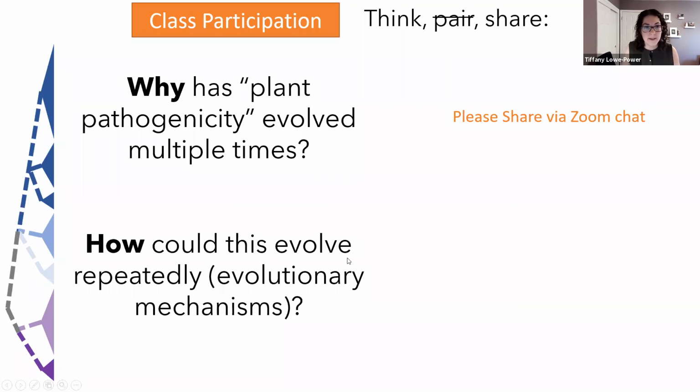Okay, so if people have some energy before we go to a break, I would like you to try to speculate on either why or how the trait of being a plant pathogen has evolved multiple times. You can either talk about why, so what are the selective pressures that would encourage this trait to evolve in multiple bacterial lineages, and then you can also